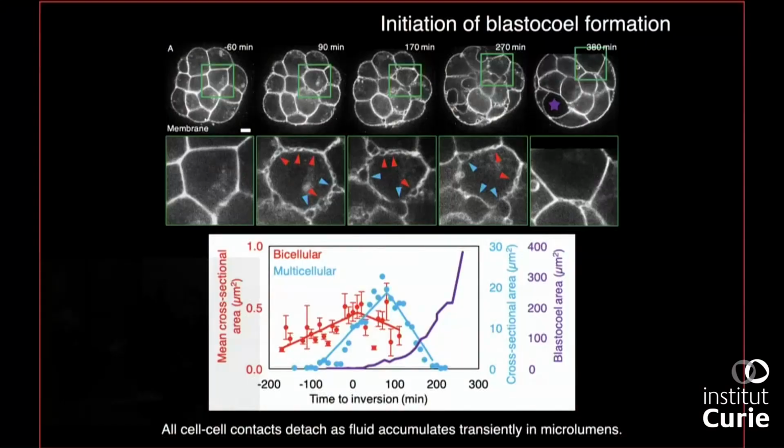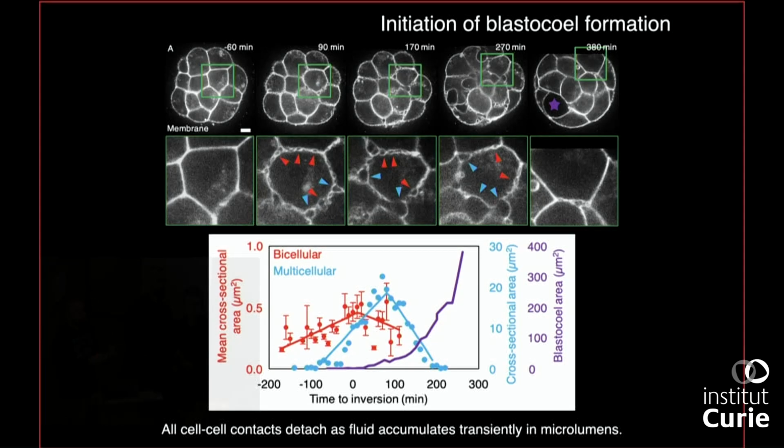So we have two types of what we call now microlumens, so tiny lumens, right? We have those which are exclusively between two cells. We call them bicellular microlumens. So this is really just a little capsule of fluid which is trapped between two cells. And then we have the multicellular microlumens, which are at the contact edges. So if you do a confocal slice like here, you see it between three cells, but it's a 3D sphere.